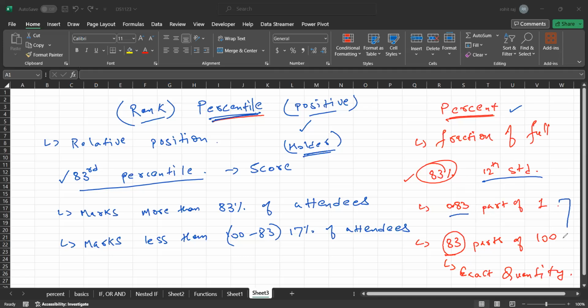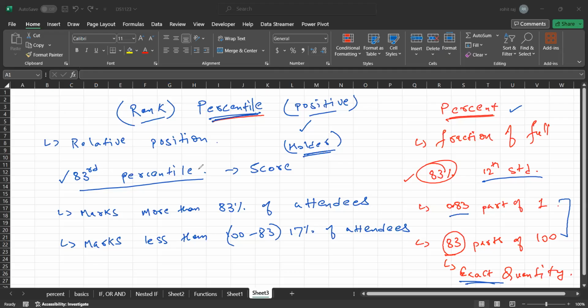Both of these are equally valid statements, giving you the exact quantity here, right? 83 parts. At the same time, percentiles give you an idea about the relative position. And this relative position will majorly tell you about the position that you hold in the hierarchy of all the attendees who have appeared for that particular exam,